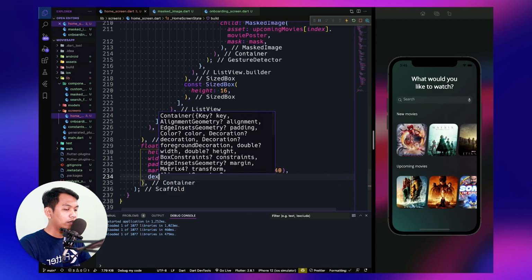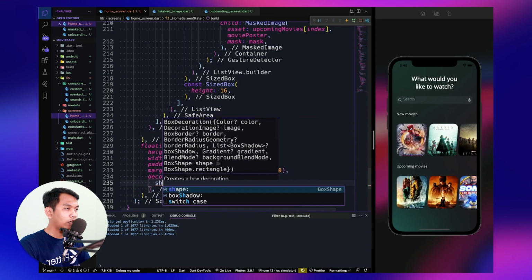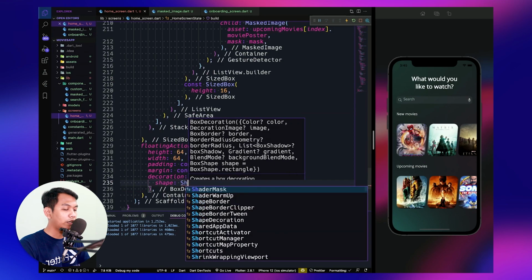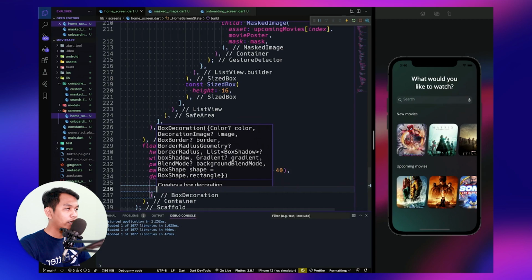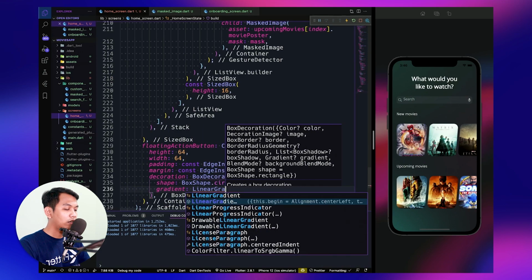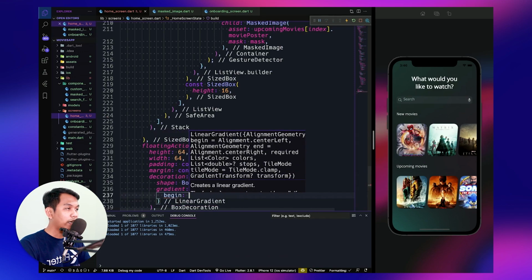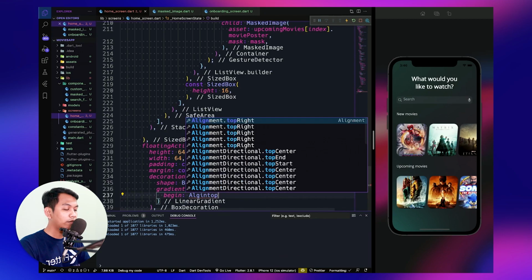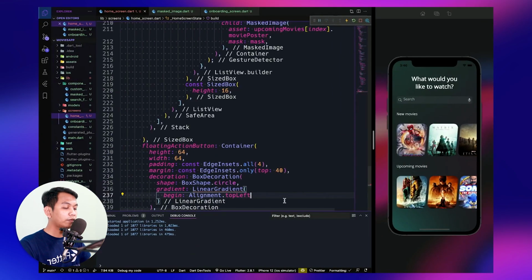For the decoration, we will use BoxDecoration because we want to set the shape to be a circle. For the gradient, we will have a LinearGradient with the begin set to top left, because from the design we can see there is a lot of outline here.